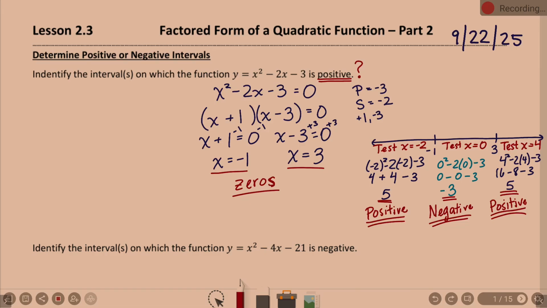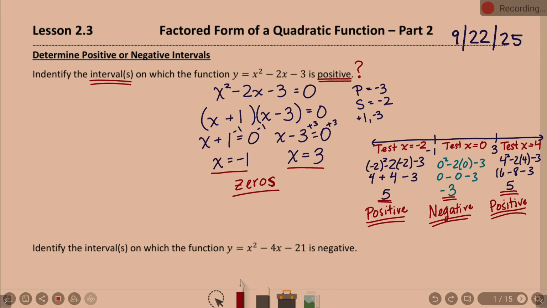And obviously, I know some of you will slim down the work to an extent on your own, which is fine. Now it's a matter of what is our answer. Identify the interval or intervals on which the function is positive. Where is my function positive? What do you got? But what's the interval? Negative infinity, negative 1. Okay, so like if we're looking at this whole interval here, the left hand of